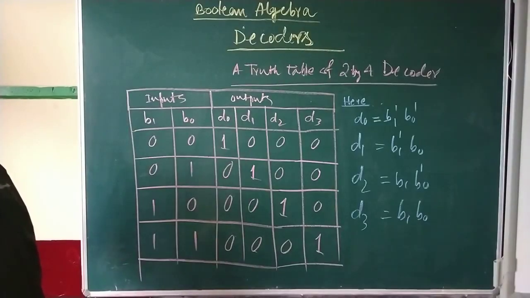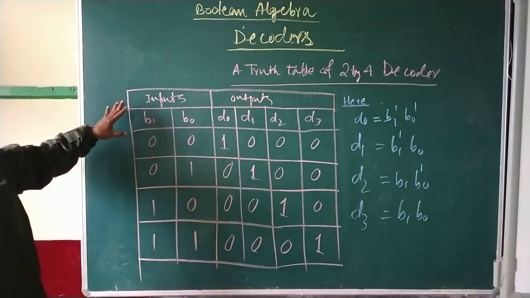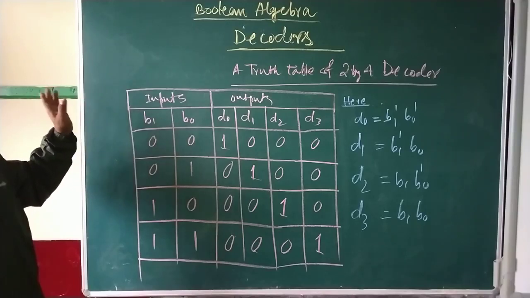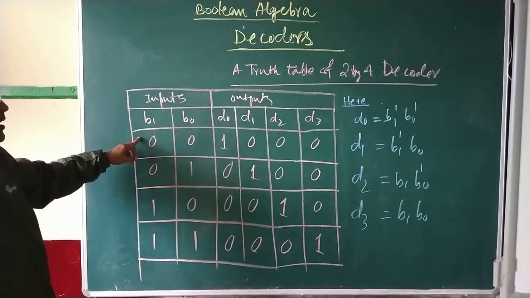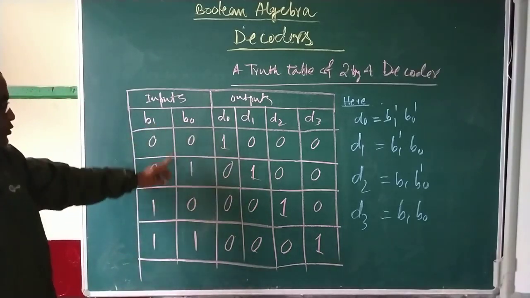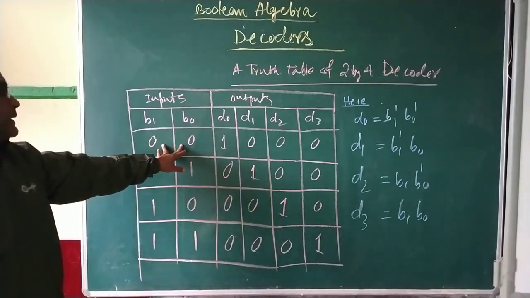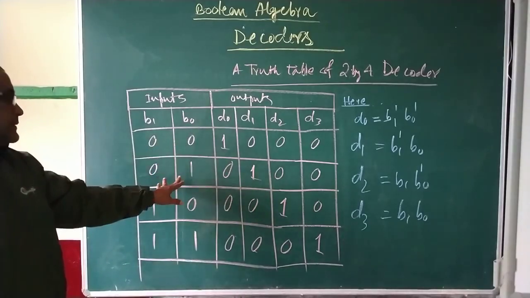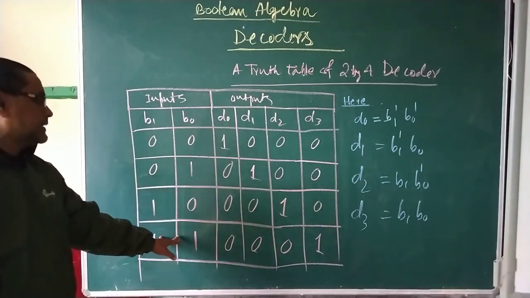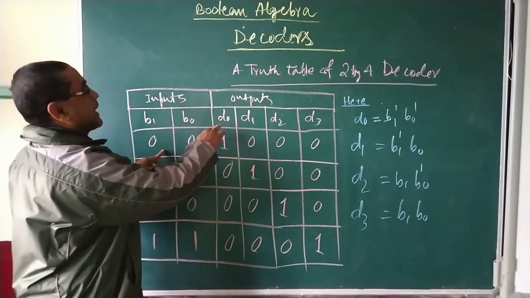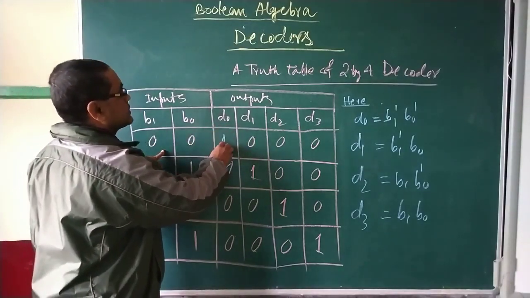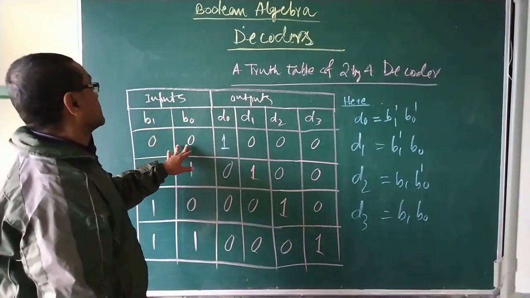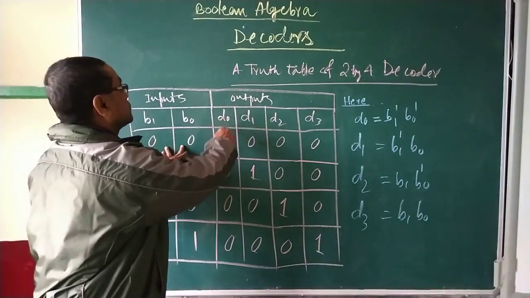So this is the truth table of a 2x4 decoder. You see here, a 2x4 decoder has 2 inputs and 4 outputs. Remember this, we are converting binary to decimal. I have taken the 2 variable case, binary 0 and binary 1, so 0011 and 0101. Now this binary 00 is actually decimal 0, this is decimal 1, this is decimal 2, and this is decimal 3. So here this is the decimal 0 location, and 00 is decimal 0, so in the 0 position it is 1.